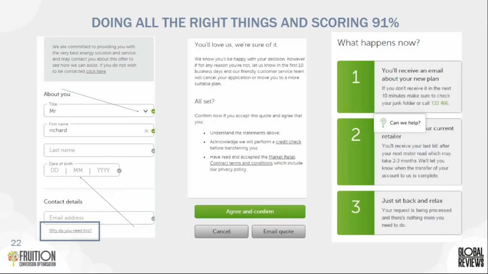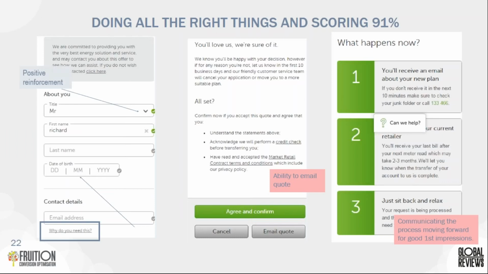Okay, and some of the other things that they're doing as well, so ability to email a quote to yourself, communicating the process moving forward is good for first impressions, positive reinforcement all the way through, and then reducing the likelihood for abandonment by reducing uncertainty, so the way in which they're using the day, month and year when it comes to actually putting in the date of birth. So there's obviously many different ways in which you can do this, and this one in particular is testing well for us. So moving on then to the next stage,